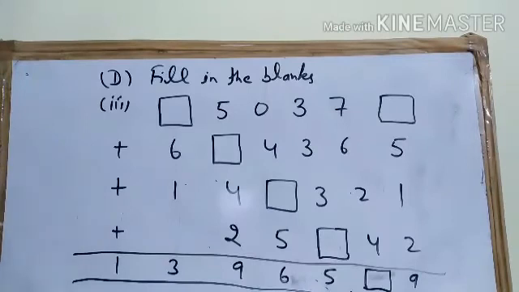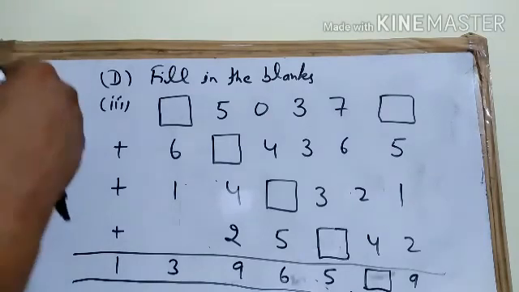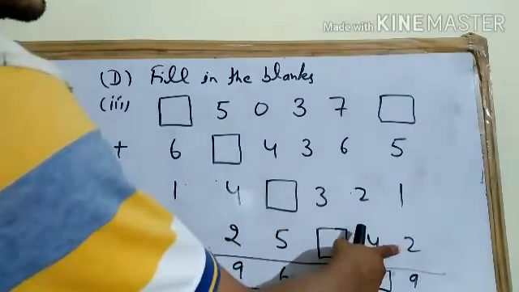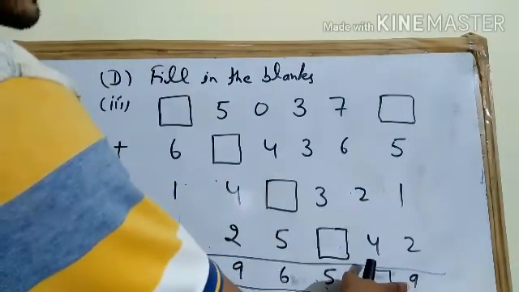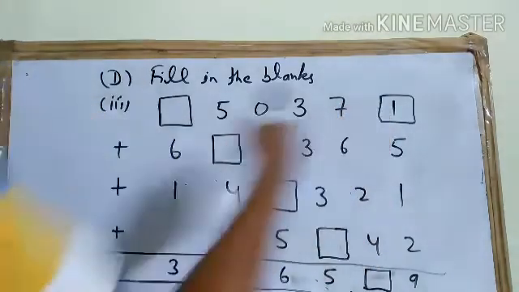Taking problem number D, and we are doing here its third part. There are some blanks, some boxes are there, and we have to fill them with the proper digit. You can see 2 5 and 1 6, 6 and 2 8, and we need to complete 9, so we need here 1. You can put 1 in this box.